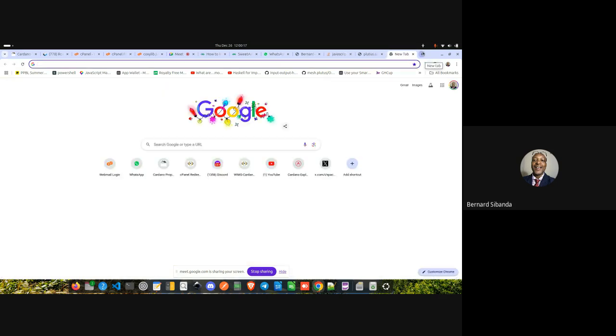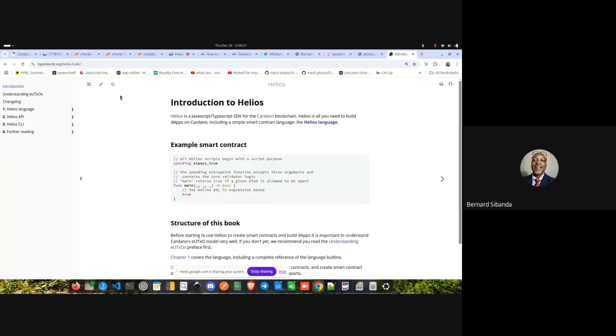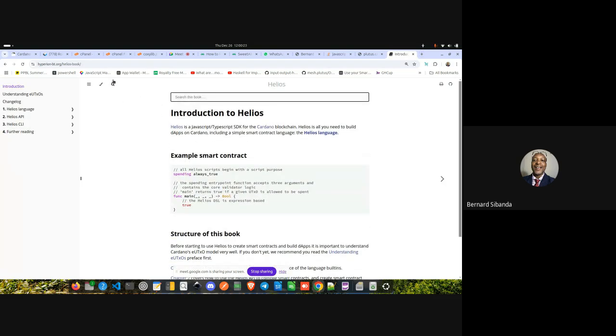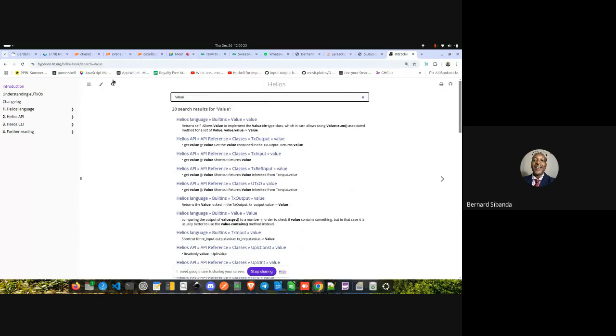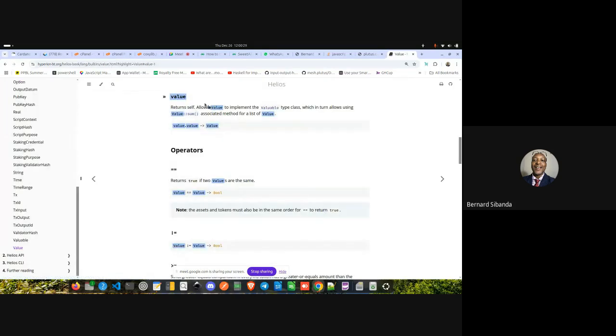What I showed you there is the off-chain code of constructing value. And then it will go and be changed into the on-chain code. Then you go to Helios book. Under Helios book, check value. Right, we want the capital Value. This one here.